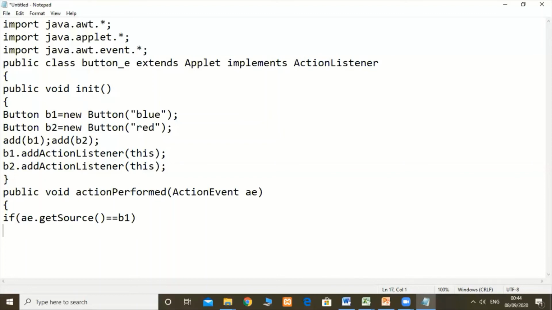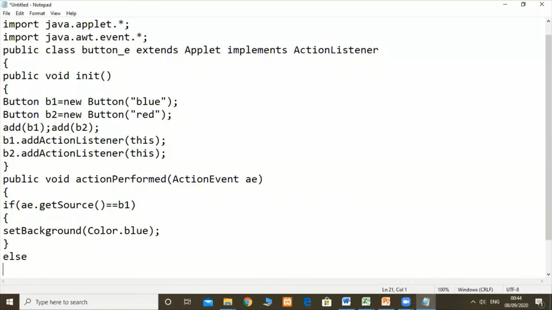If the condition is satisfied, if both the references match, then we write setBackground(Color.blue), else. If b1 is not there, then b2 is there, so you only write the else part.